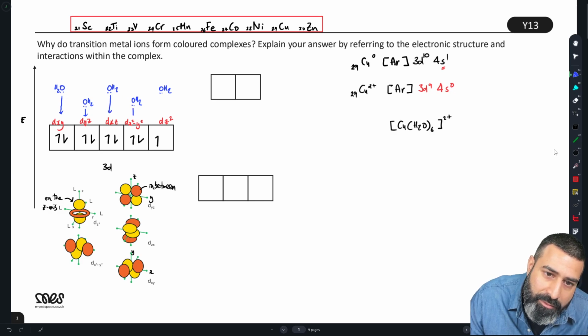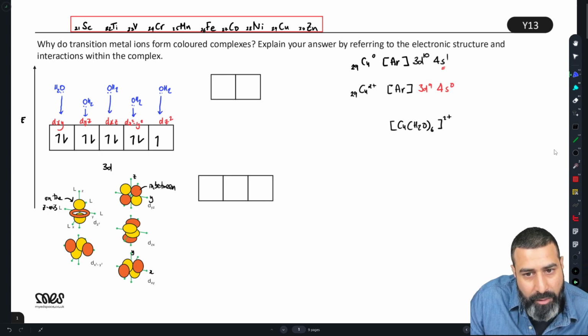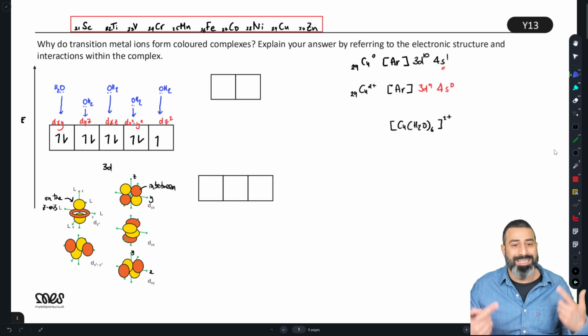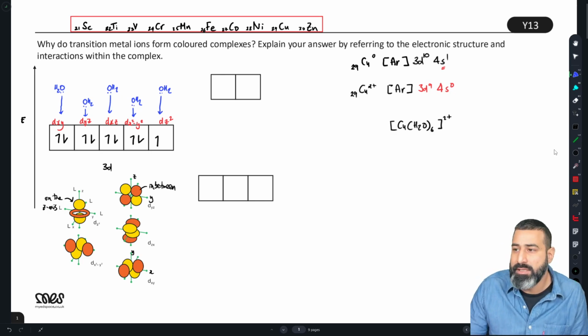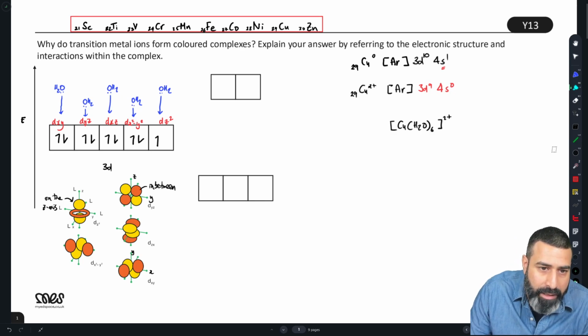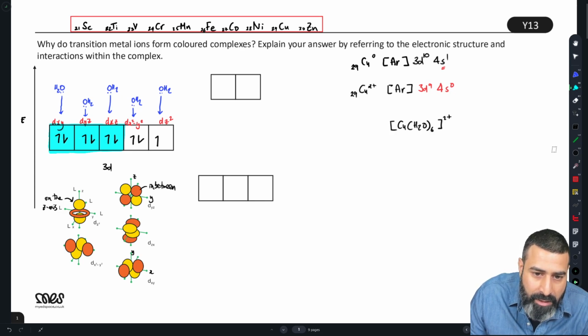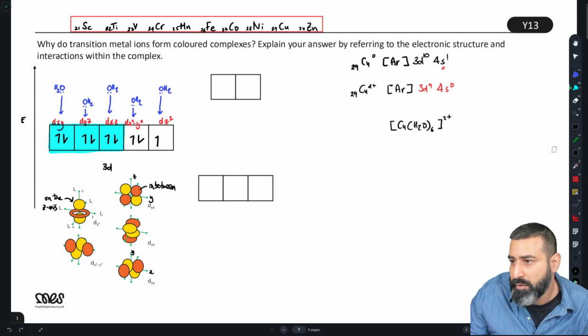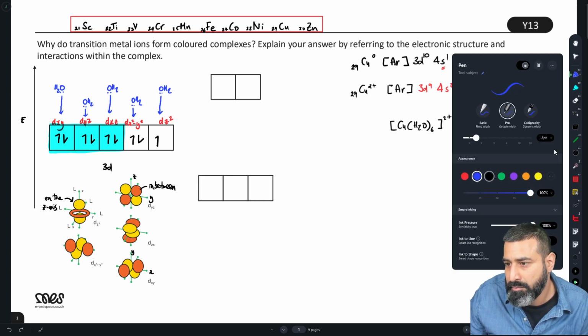Which orbitals are going to be repelled more and which orbitals are going to be repelled least from the electrons in the ligand and the electrons in the transition metal center? Well, these guys where the orbitals lie in between the axes in an octahedral complex, these guys are going to be repelled least, okay? Because what I'll do is I will try and draw